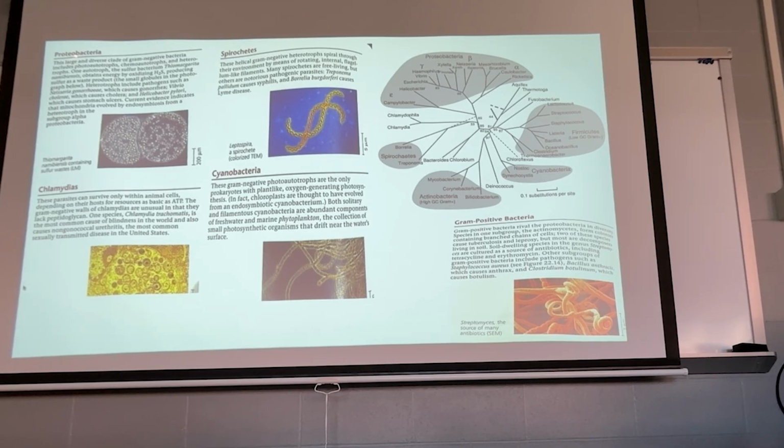So these are proteobacteria, chlamydia, spirochetes, cyanobacteria, and then a really large group they call gram-positive bacteria. Gram-positive bacteria are different than these other 4 groups, which are called gram-negative bacteria, based on the way they stain. That is, when I add a stain to them on a slide, some of them are purple and some of them are pink. If you're pink colored, then you are gram-negative. If you're purple colored, then you're gram-positive.